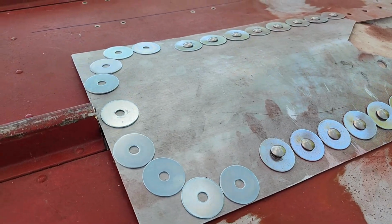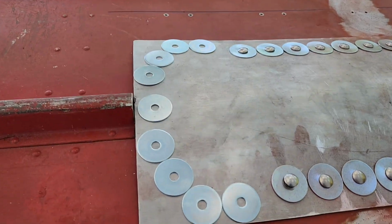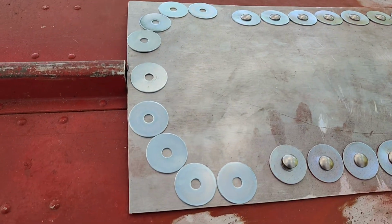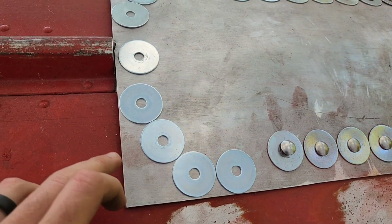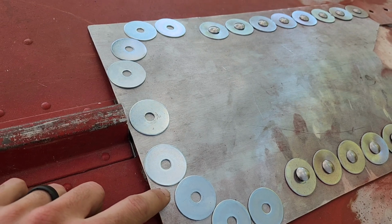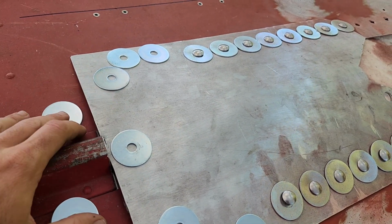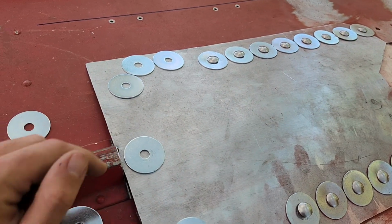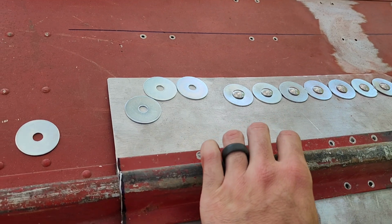I think this is how I want to design the front of this plate here. These two and these two will be drilled out through existing rivet holes. I've got a spot on either side for one extra, which would be these two. Not sure what I'm going to do with that yet. I think I want to put one in the center, so whenever I go to put this tailpiece back on there,